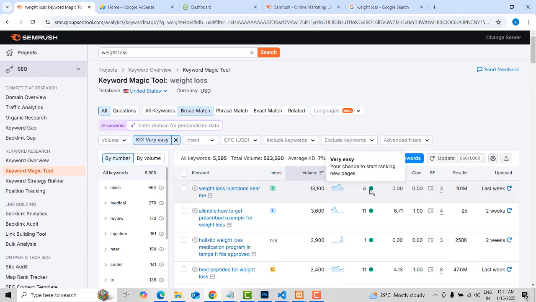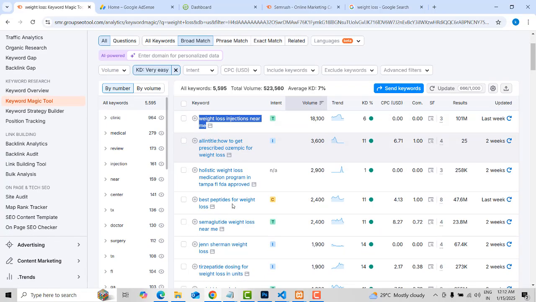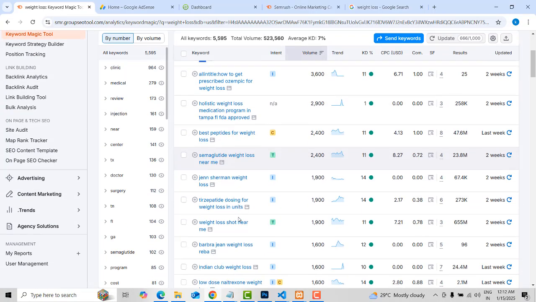The KD rate should be low, and the search volume should be above 1000. You need to consider both. Some other people consider only the keyword KD rate. If the KD rate is low, they take that keyword and write it. That is not good. You have to consider the search volume as well. Then you can take the keyword as a long tail keyword and put it in your article 4 or 5 times.